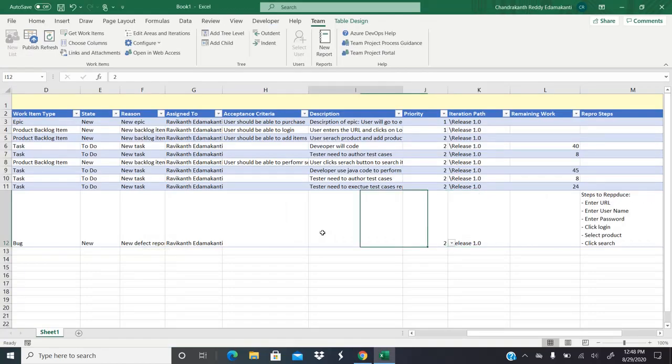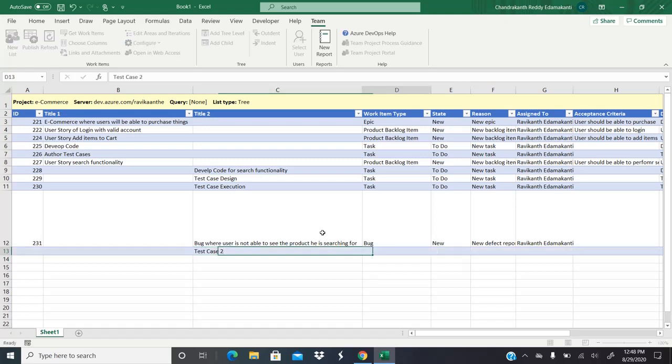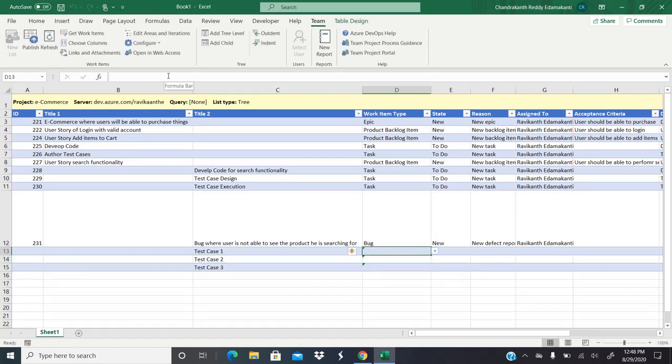In the same way, let's say I would like to upload test cases. Let's say for this user story I would like to link test cases, right? Author new test cases and link them. So let's say I would like test case 1 for the user story called user story search functionality, correct? Search functionality. Test case 1, let's say test case 2, test case 3. If you go to test case, I can select the work item type as test case,